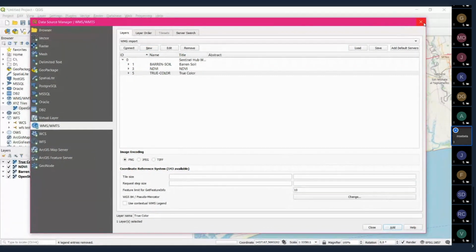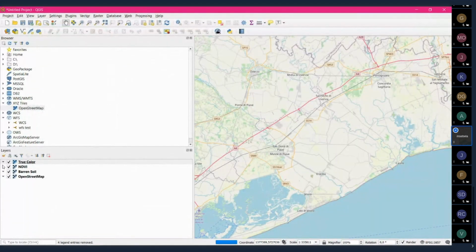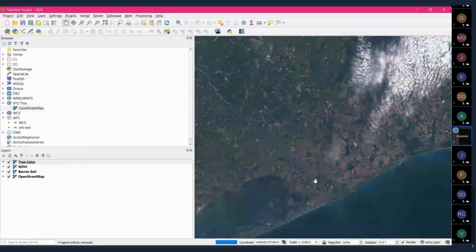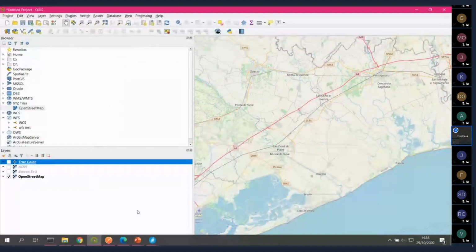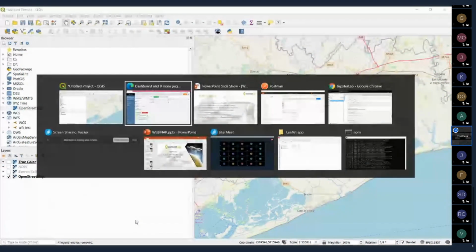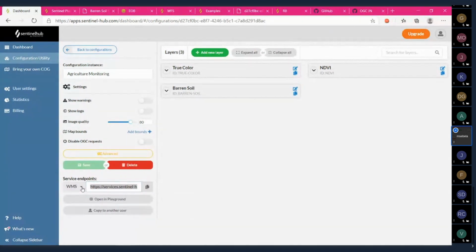They're going to get added onto our left side over here. And as soon as they load, you're going to see them. All of them work. So the next one we're going to create is the WMTS. So I'm now back here in the dashboard, and I'm going to grab the endpoint for the WMTS by copying